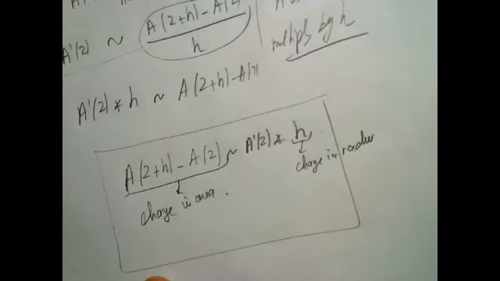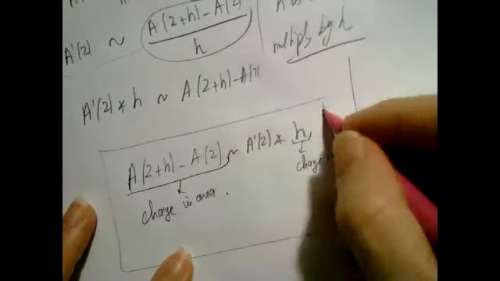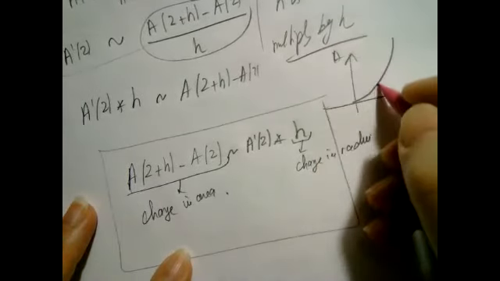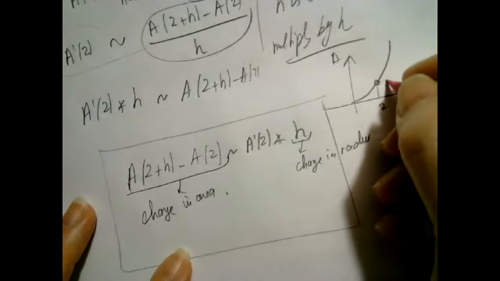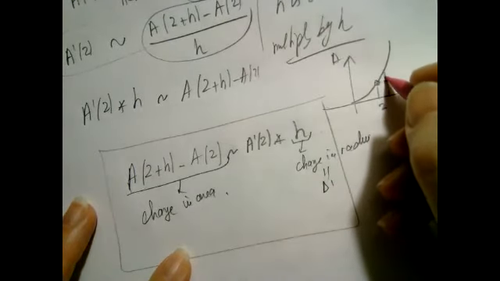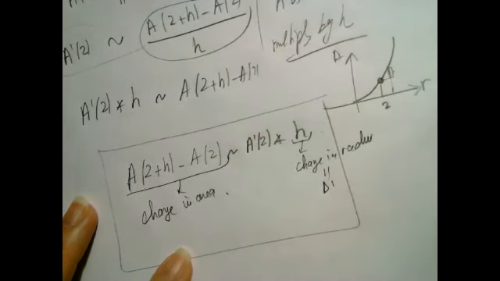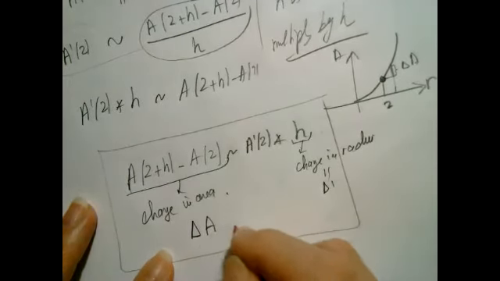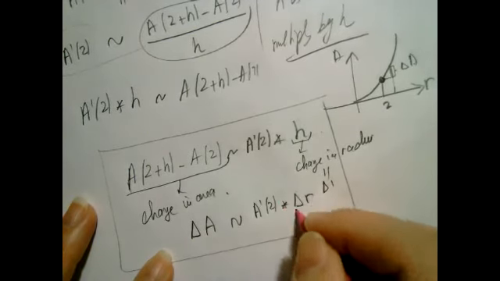All right. So let us read this. It means that when you change the radius by a little bit, so that's really my picture here. That's the radius, and that's the area. This is 2. The radius is 2. You change the radius by a little bit. So this is the change in radius. The area is actually going to change. And the question is, by how much is it going to change? So that's the change in the area. And this tells me that the change in the area is almost equal to the derivative at 2 times the